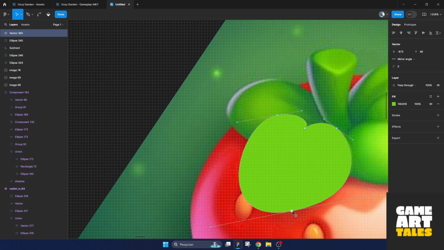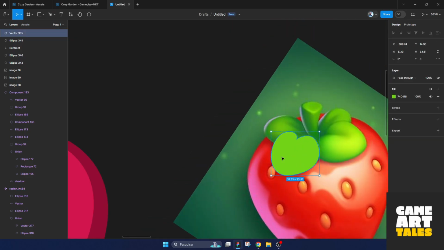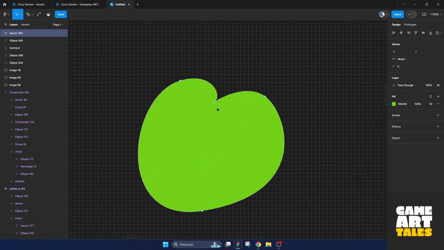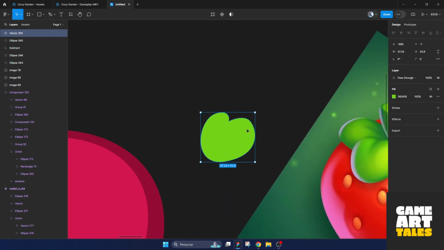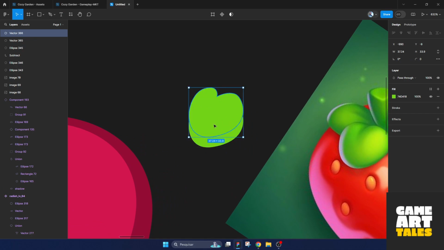Something that I used to do is double click, and I can adjust the points, all the vertices, and make sure that I'm doing it right. So I think we have a good shape here. Make it more rounded. Okay, so again, I can make a copy,